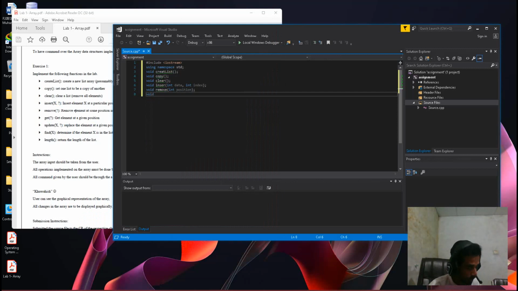Void get, integer position. So these are our basic functions that we have to create to use. Next we will